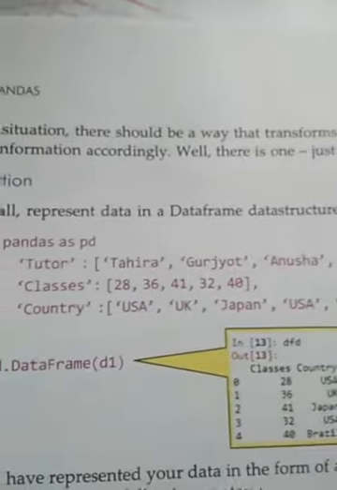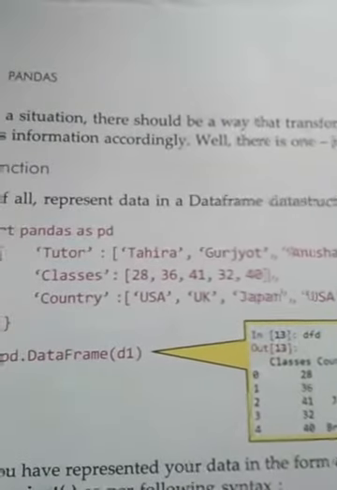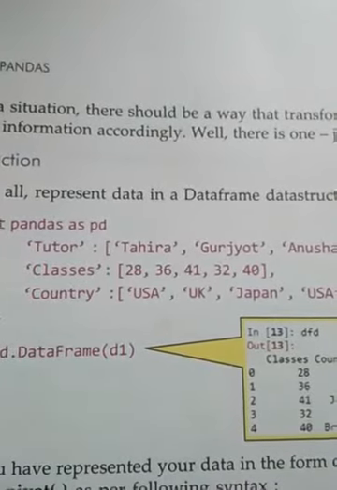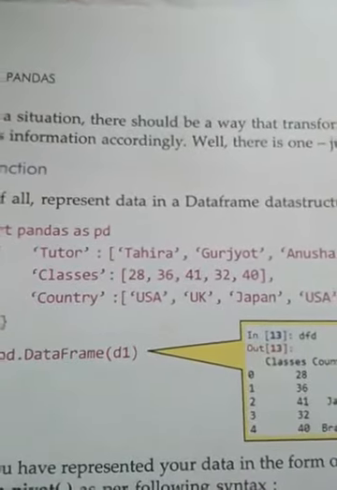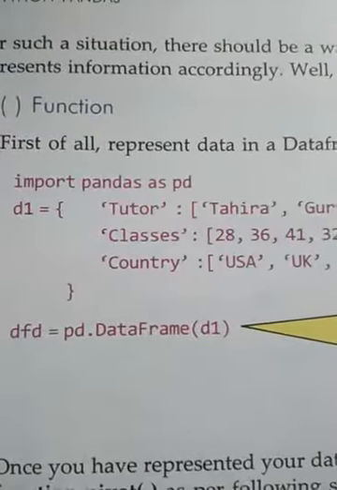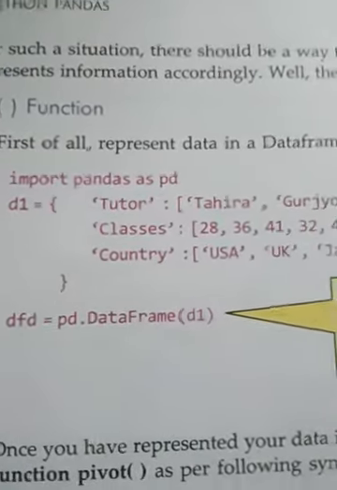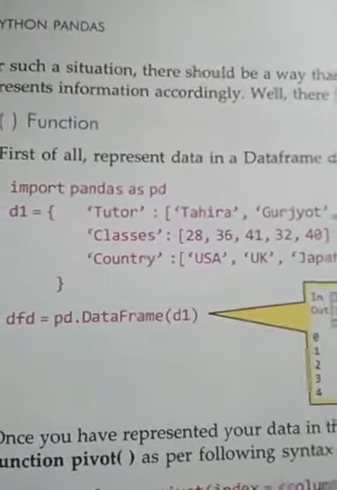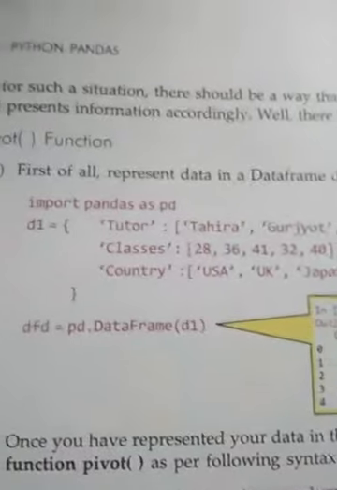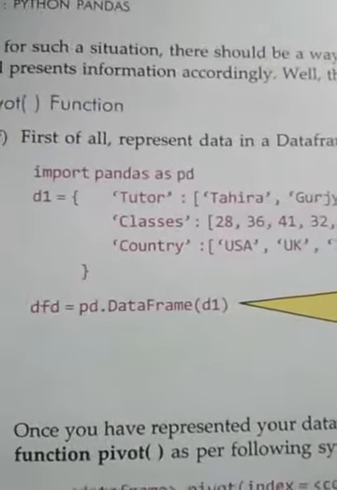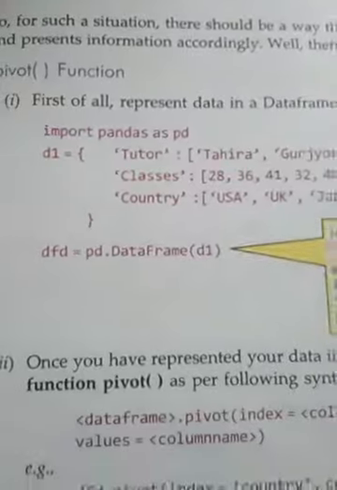The classes are 28, 36, 41, 32, and 40, and then the names of the countries. Now we are converting D1 into a data frame. The syntax is pd.DataFrame, and we pass the value of d1, so that will be stored as a data frame in dfd.